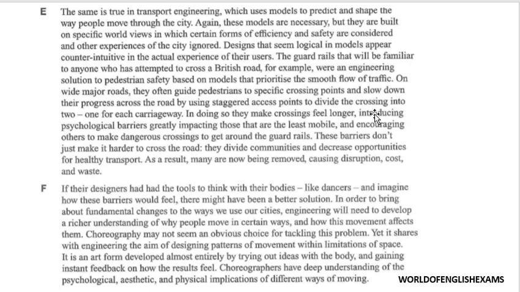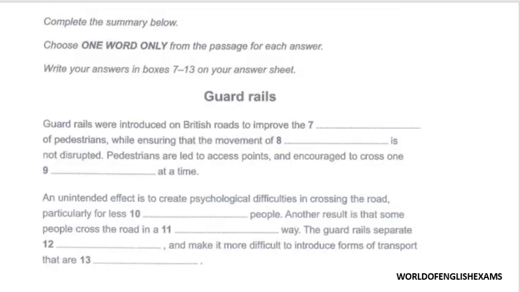Okay, and access points to divide the crossing into two, one for each carriageway. So what are they crossing, guys? One carriageway at a time. So carriageway is the answer for the question number 9. One carriageway at a time. Next, the